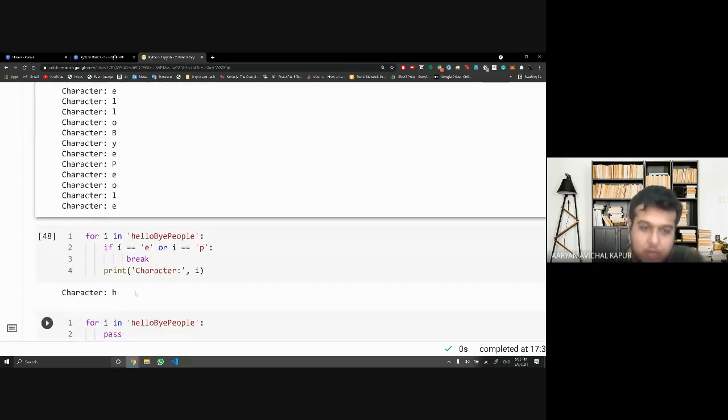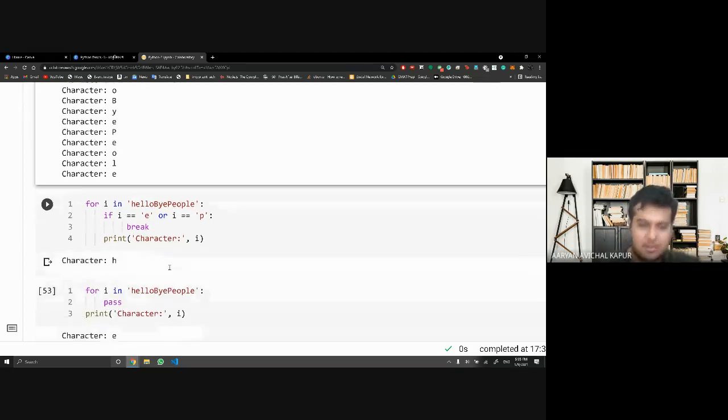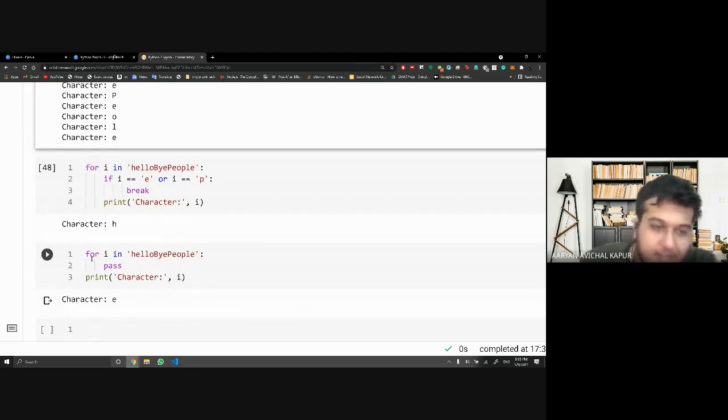What the break would do, as soon as it reached an E, like the condition is a little changed, E. So as soon as it reaches E, it breaks the loop. So now the next value won't be reached, the entire loop will be done and we move ahead. Here you can very simply see that i becomes H, then it becomes E, then it breaks. So we can see only the characters before E. In the pass, you can simply see that for i in this, it simply ran through